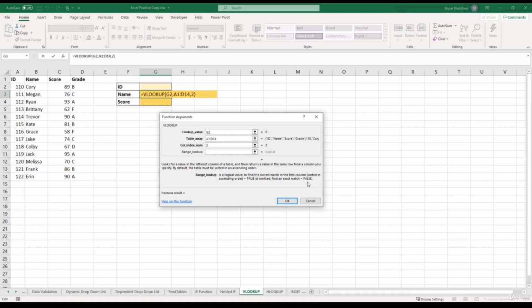And down here it says that we could put false to find an exact match, or you can type in 0, which equals false. You can do either one. I just like typing in 0 because it's quicker and the formula is a little bit shorter. So if we click OK,